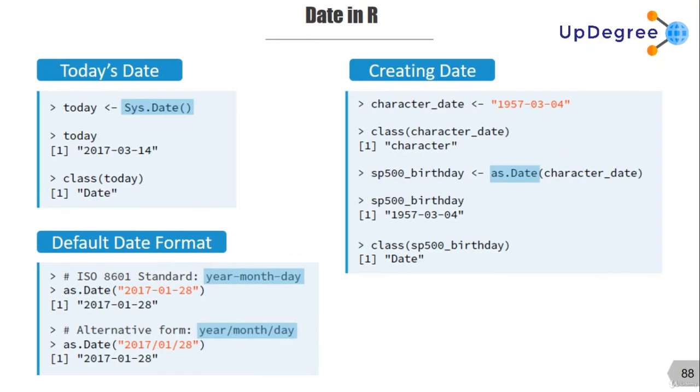So first things first, how does R understand dates? If you just say Sys.Date, it would give you today's date. Suppose today's date is 14th March 2017, it would give you that. And if you check the class of this variable today, you would get Date. Now that is fine, but how about creating a date? Suppose in a system, maybe in an ERP file, the date is being captured in this way,